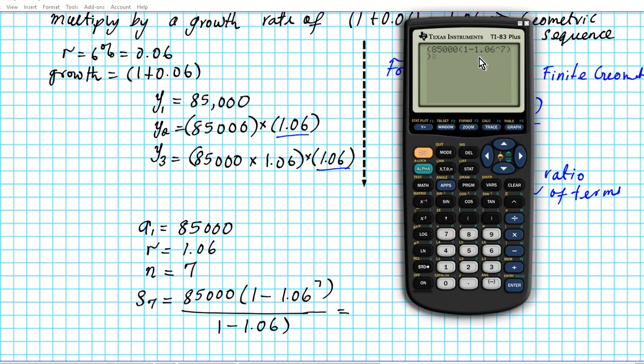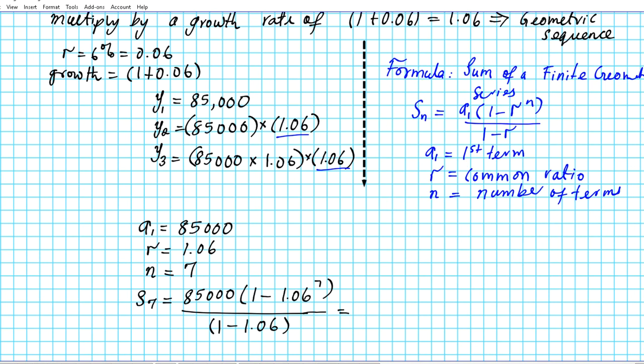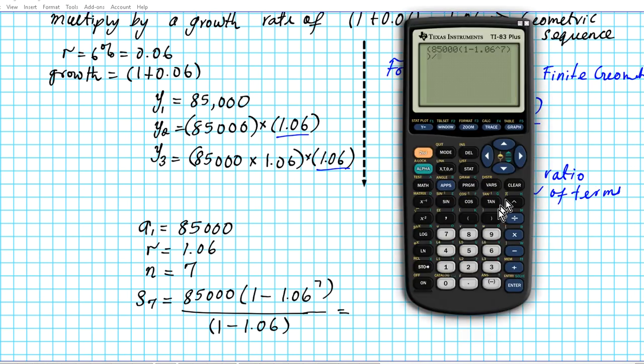The first parenthesis closes this 1 minus 1.06 to the 7. The second parenthesis closes the numerator, divided by the denominator. The denominator is 1 minus 1.06. Close that. Hit enter, and then you get